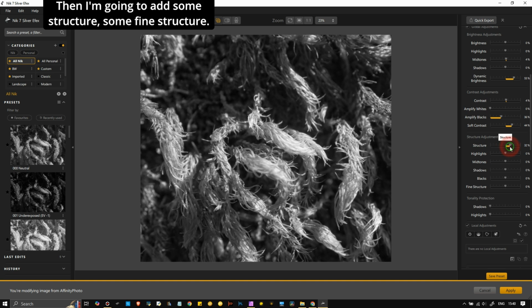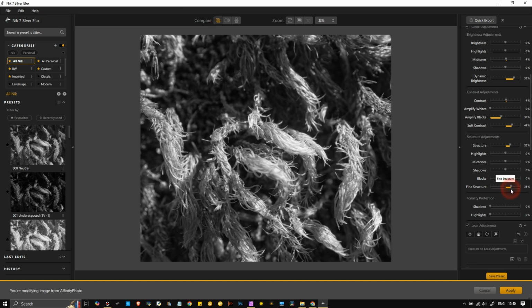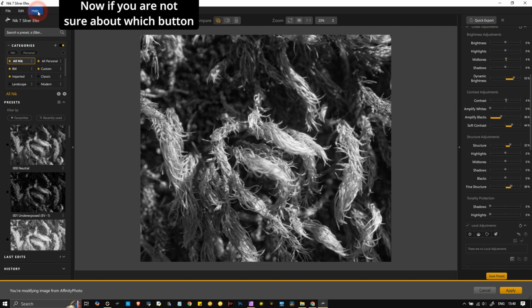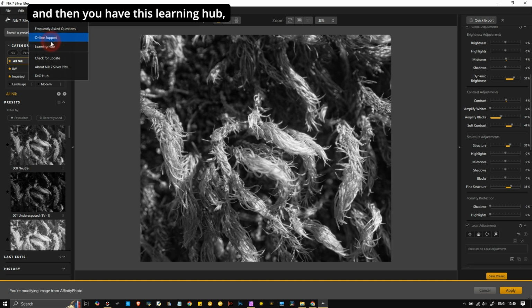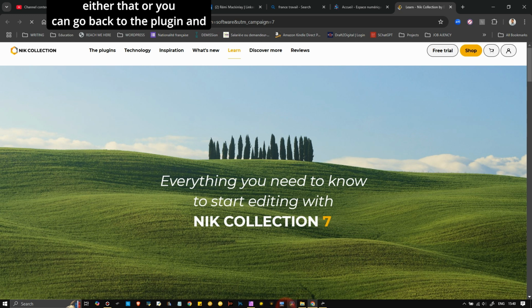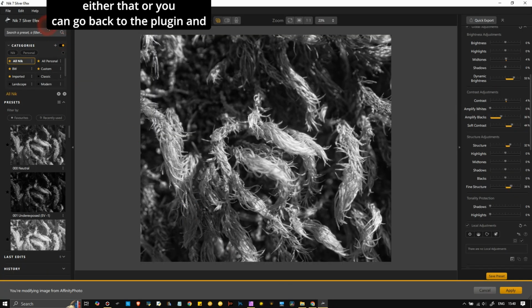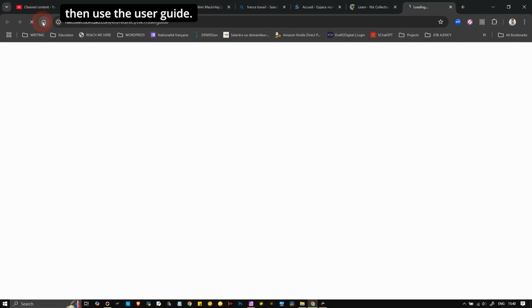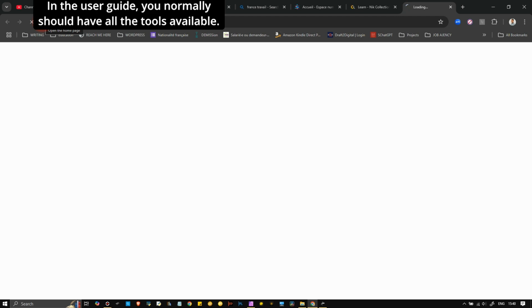Then I'm going to add some structure, some fine structure. Now, if you are not sure about which button is what, simply speaking, you can go to help, and then you have this learning hub. Either that, or you can go back to the plugin and then use the user guide. In the user guide, you normally should have